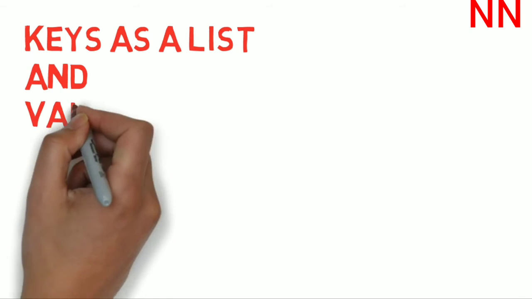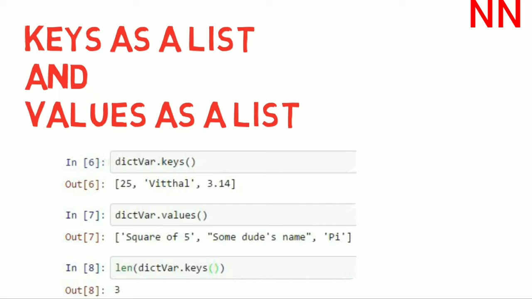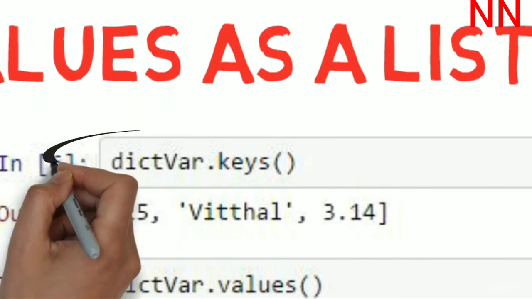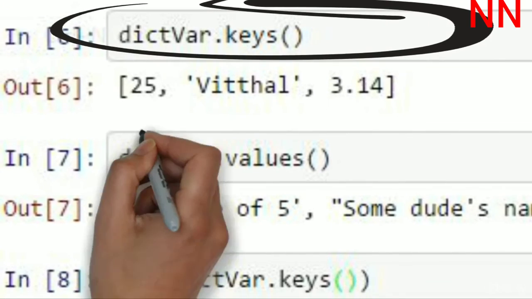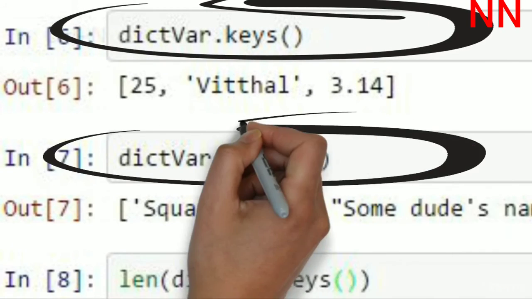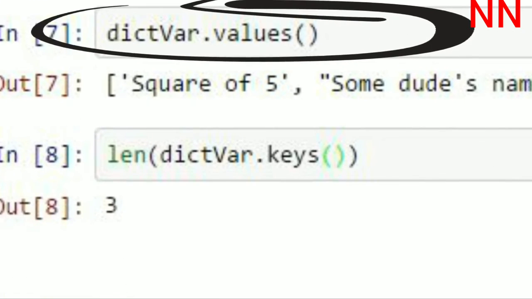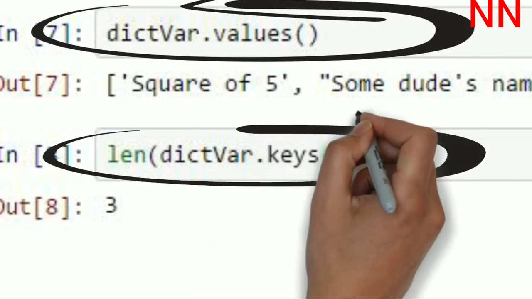Now you could have a list of all the keys in a dictionary and also the list of all the values in a dictionary. dict_var.keys will return a list of all the keys in the dictionary dict_var. dict_var.keys is equal to a list 25 till 3.14. dict_var.values will return the list of all the values.